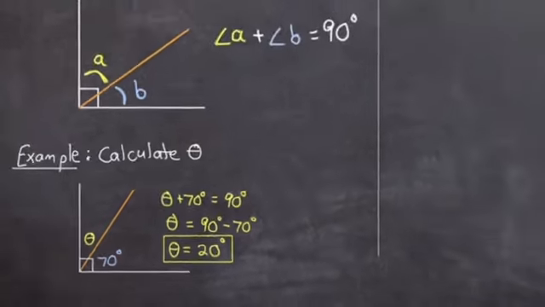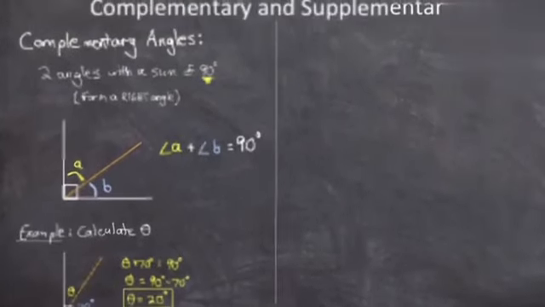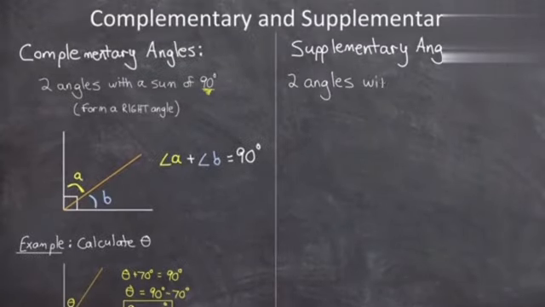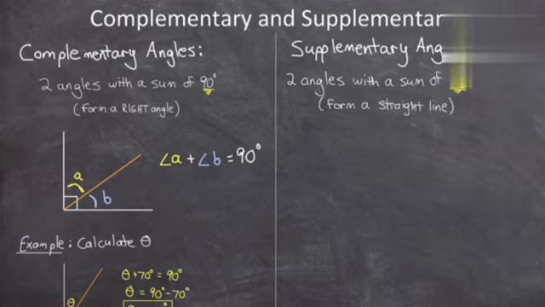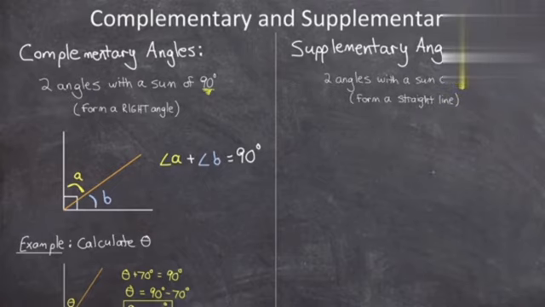Now I'll zoom out and we'll talk about supplementary angles. Supplementary angles are two angles with a sum of 180 degrees. When supplementary angles are combined, they form a straight line. So if I were to draw a line segment and break up one side of that line segment into two